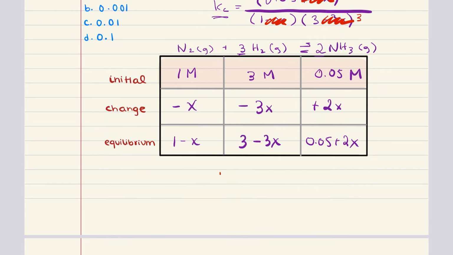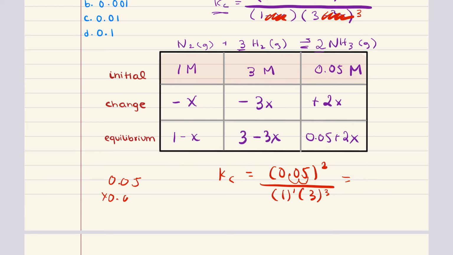Now we have Kc is equal to 0.05 squared over 1 to the 1 power, 3 to the 3rd power. And this is easy. So what's 5 squared? That's 25. But notice that there's 2 decimals here, and you're multiplying 0.05 by 0.05. So yes, you have the 25 from the 5 times 5, but you have to accommodate for the 2 zeros as well. So what that's going to give us is